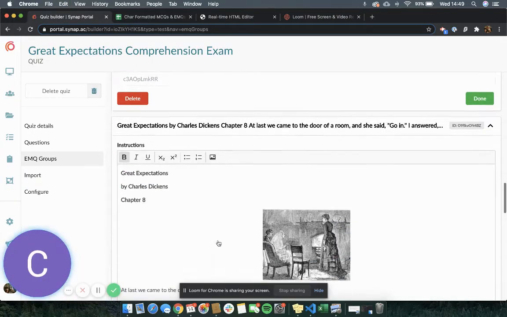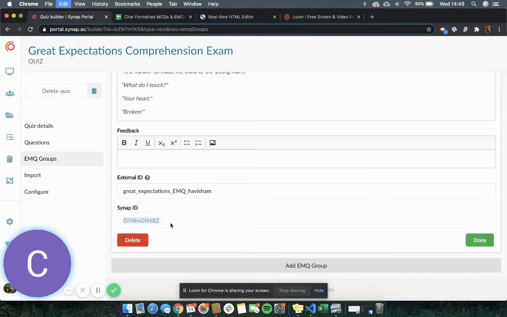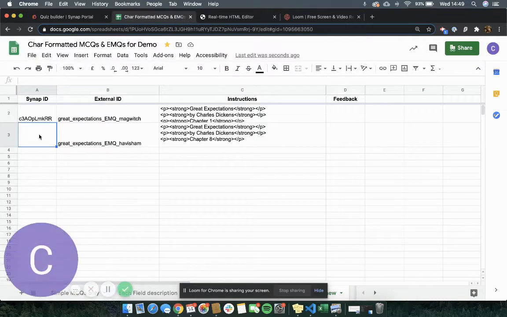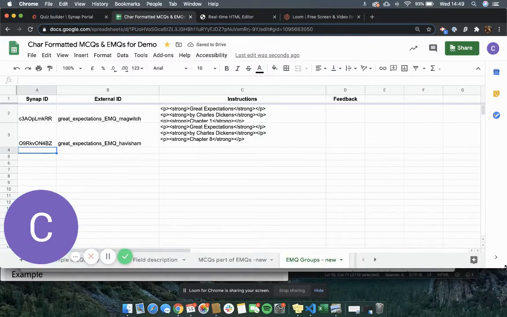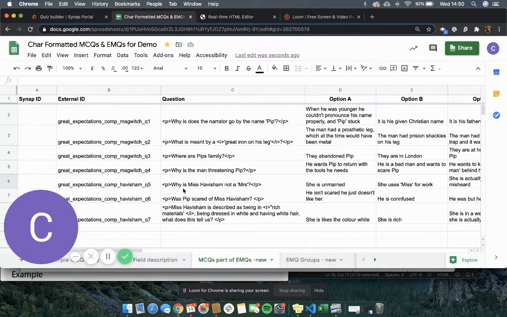And then for my chapter on Miss Havisham, same again, I'm going to grab that ID and paste it back into here. Okay, great. So what I've got here is the EMQs I've created with the unique Synap ID. So the next part of this is to upload the MCQs. I've already gone ahead and made some of those. So I'm just going to grab that Magwitch ID again here,